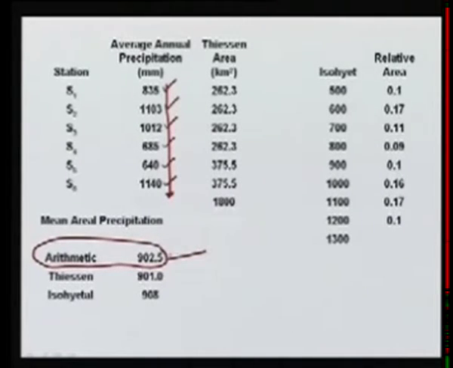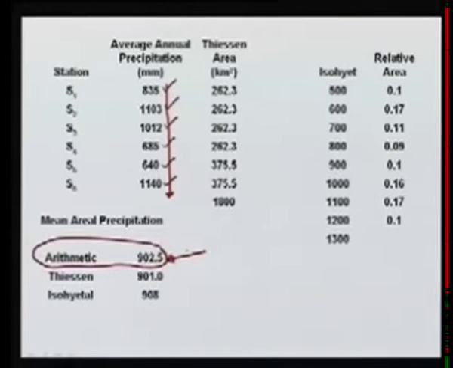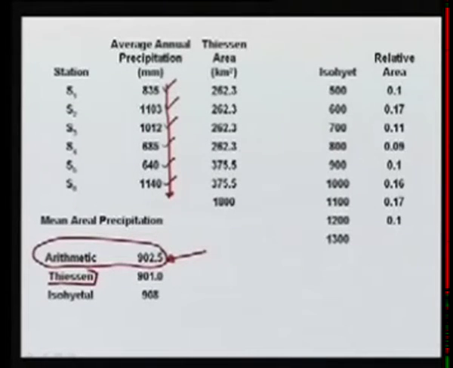Mean of that gives us 902.5. So based on this, we can say that the average annual precipitation over the entire area can be taken as 902.5 millimeters. But as we have seen, the arithmetic mean method does not account for the relative location of the gauges. So the Thiessen polygon method is preferred,